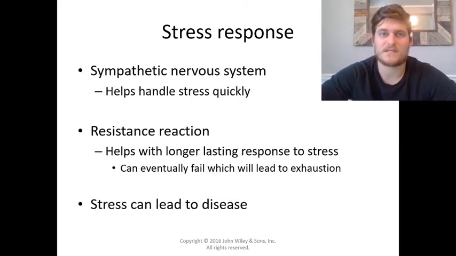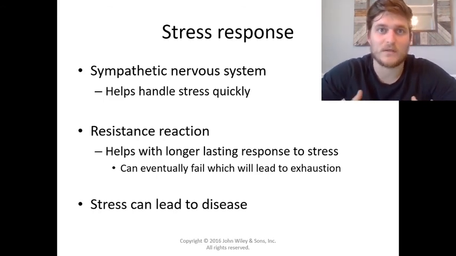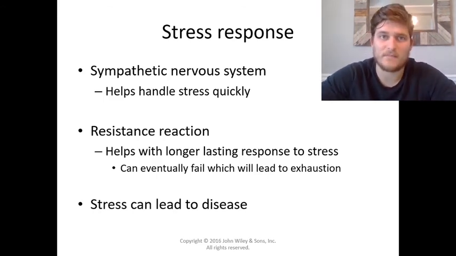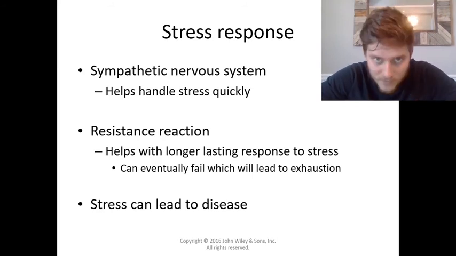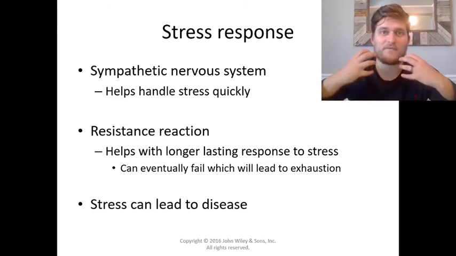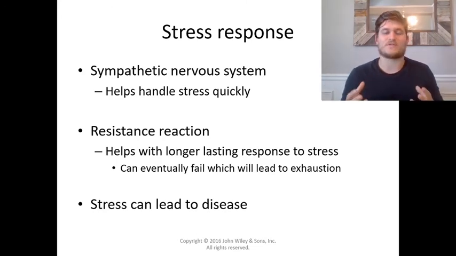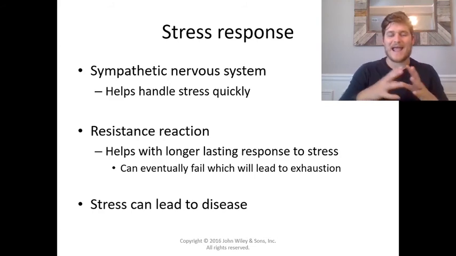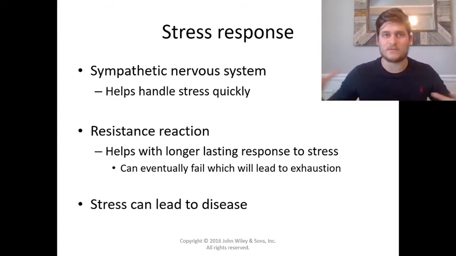The stress response is typically called the general adaptation syndrome. What happens is we have a phase when we first are introduced to a stressor called the alarm phase. During this phase, many hormones are going to increase, and sympathetic nervous activity increases. Then, for as long as that stressor is there, we have the resistance phase. And these hormones continue to be released during this resistance phase.